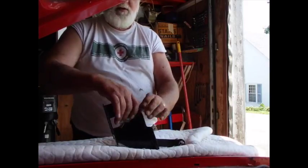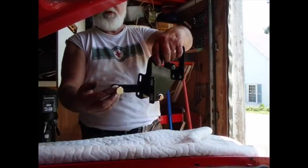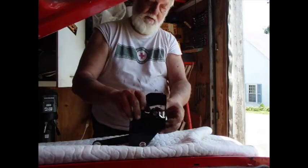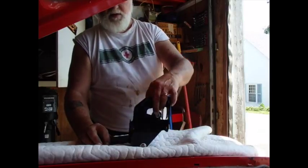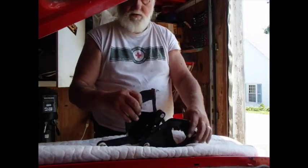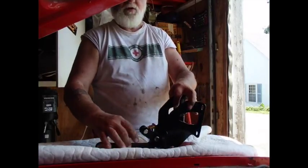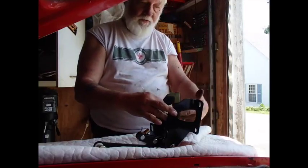Okay, this is backwards, so let's just say this is your brake pedal. So this goes through the firewall, and when you mash your brake pedal, let me get this right. Okay, now it's right. So you've got this thing that comes out of the back of your booster, and it